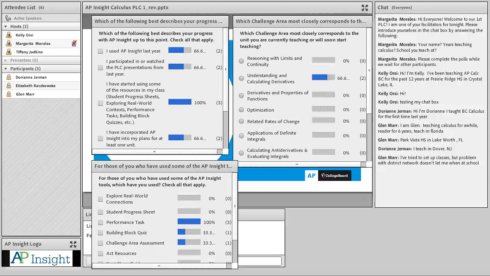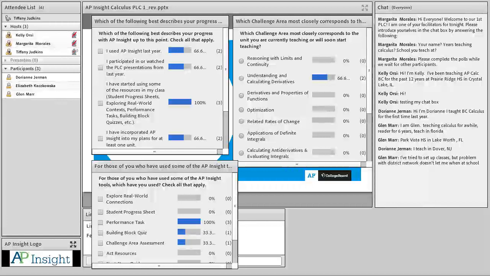Okay, so it looks like we have a few folks on here who have used AP Insight resources either from last year or they started using them this year. Looks like the performance tasks get a lot of love because those are really user friendly for classroom exercises and review. You've had one or two folks using some of the assessments, and it looks like almost everyone